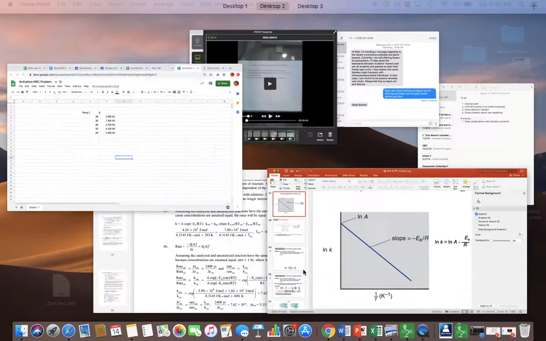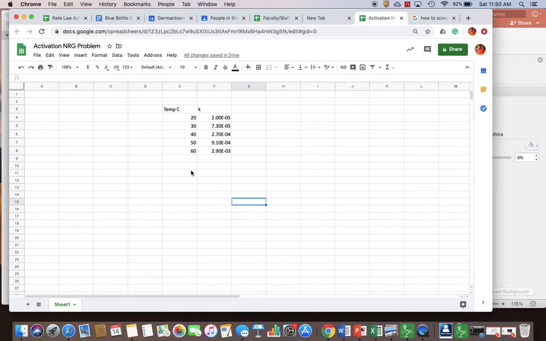All right, let's go to our spreadsheet. Here we go. All right, so our temperature is in Celsius, and our rate constant is not in natural log form. So we're going to transform both those using what we did the other day. So we're going to do temperature as 1 over Kelvin. So to do that, we're going to say equals, and then we're going to say 1 divided by, let's put in parentheses, this value. We got to put it into Kelvin, so we're going to take our Celsius temperature, add 273, and then we're going to press enter. Now, if we drag that down,